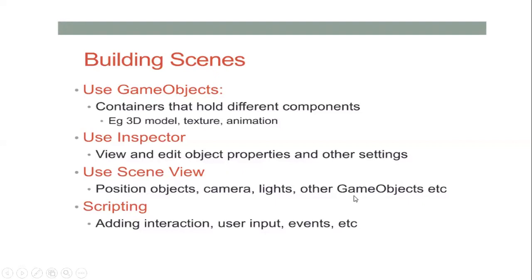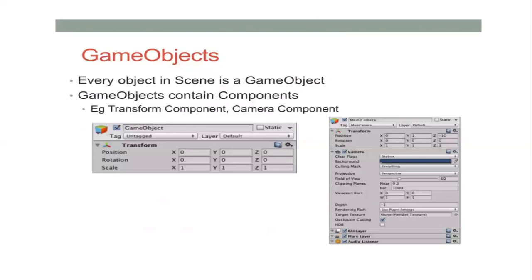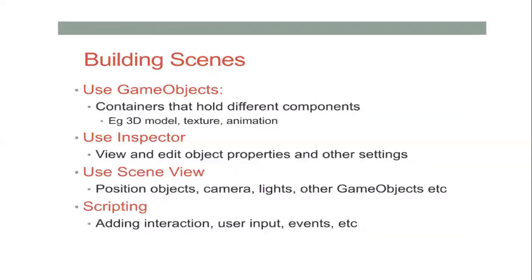Coming to the physics part, we can add some more game objects as well, not only cube, but cylinder and sphere; you can add some more as well. And the last and final thing is scripting. Once we are done, we're going to script for it, where you're going to add interaction and some user input. Events means you're going to add some actions that perform accordingly. So is it clear? I hope everyone is clear till here. Do you have any other doubts?